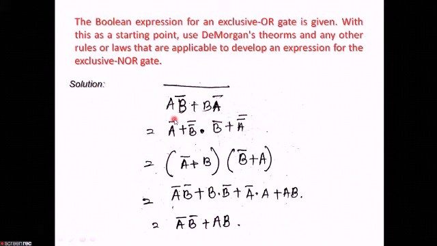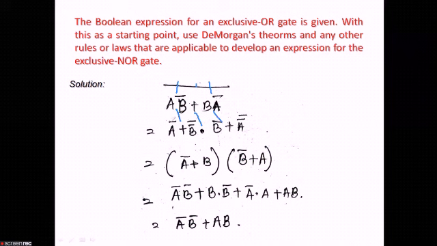Now here it is told that you have to apply De Morgan's theorem. So we have given a bar sign here because we are using De Morgan's theorem here. Now we are applying the break the line and change the sign method. Now we are breaking the line here, and we are also breaking the line here. That is changing the sign here. Here also we are changing the sign. Next we are again breaking the line here and changing the sign here.